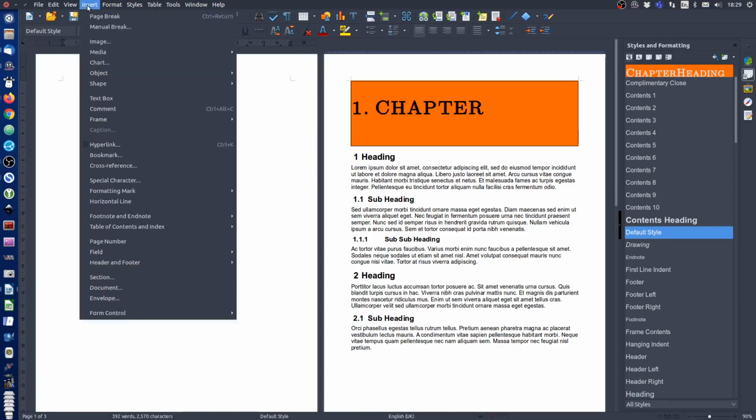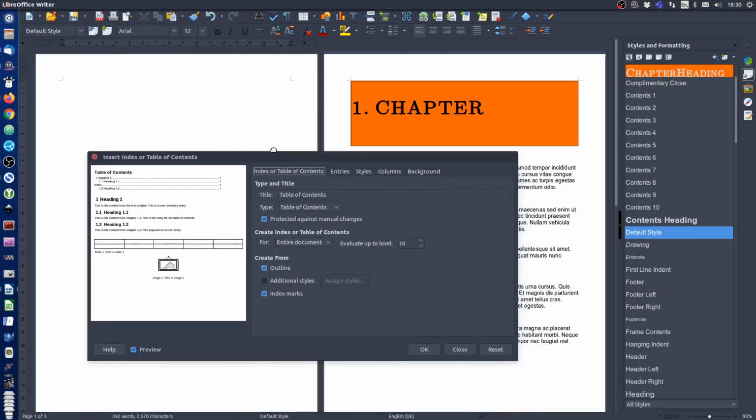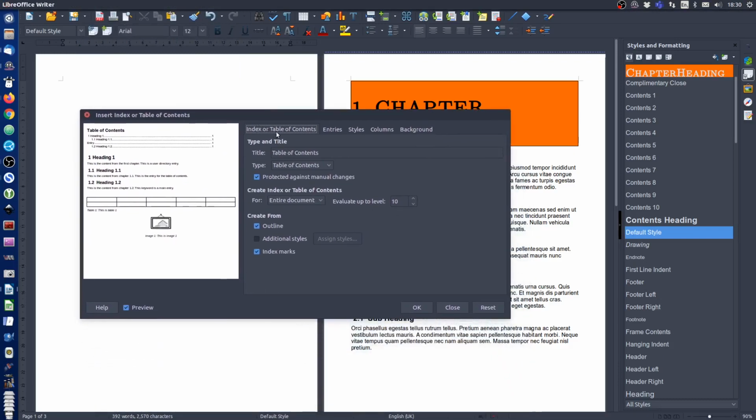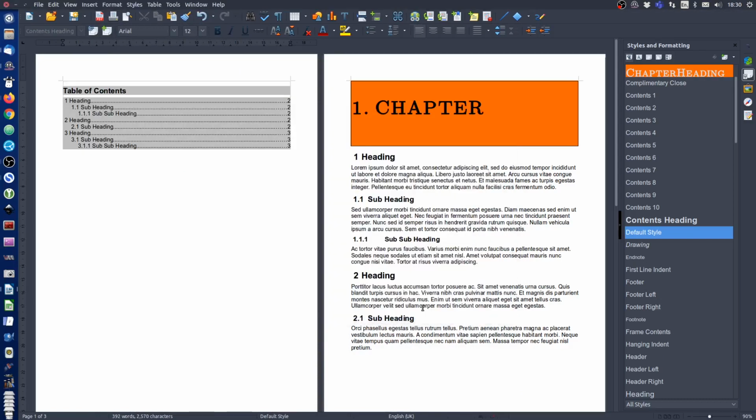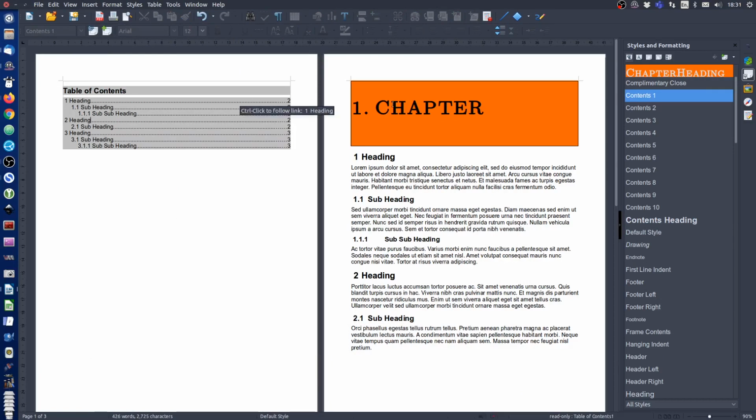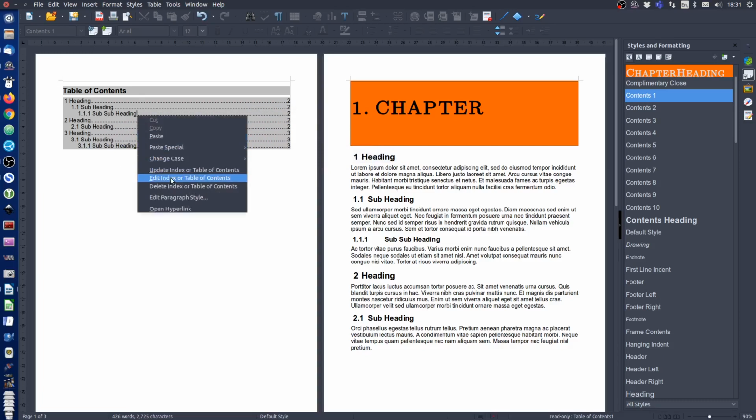Using the menu, do Insert, Table of Contents and Index, Table of Contents, Index or Bibliography. And in the dialog box we're going to choose Index or Table of Contents tab. We're going to leave everything as is and click on OK. As we can see, the table of contents does not actually include the chapter headings. To make the table of contents include the chapter headings, we right click on the table of contents, choose Edit,